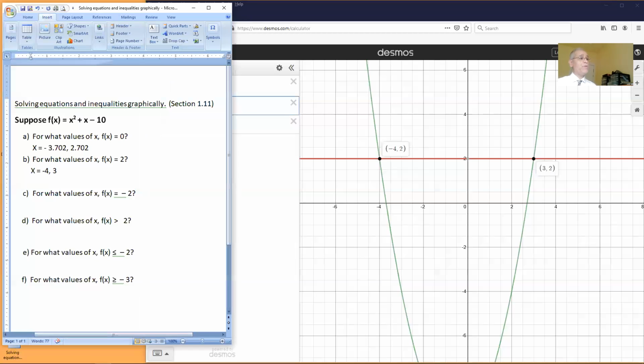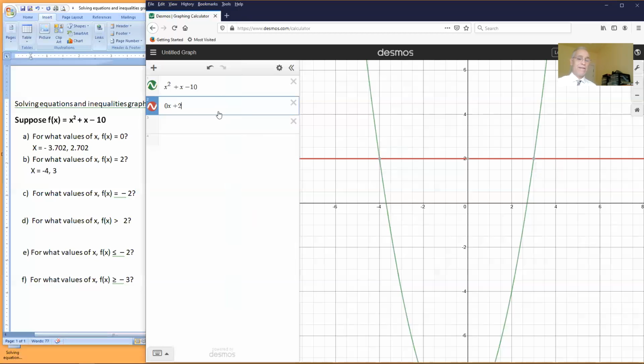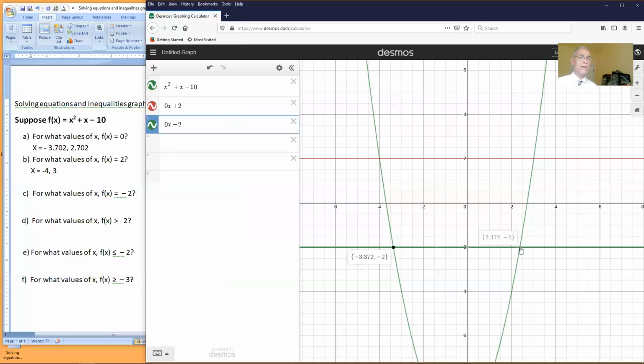Part C, for what values of x, f of x equals negative 2. So I'm going to go ahead and now graph y equals negative 2. So 0x minus 2, enter. So I do have that in green right here. And I want to know for what values of x the original f of x and y equals negative 2 are equal. That happens here at negative 3.372 and positive